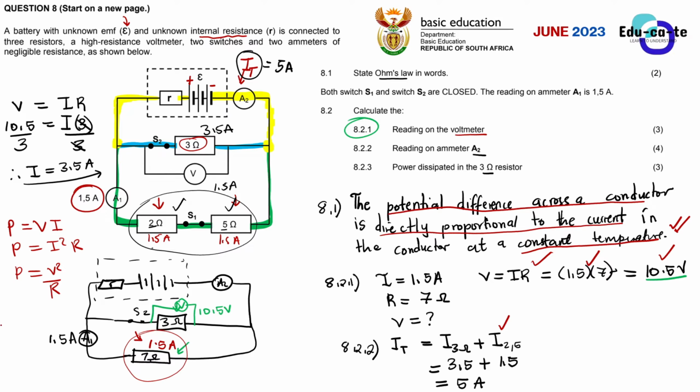In this case, it looks like we have everything about this 3 ohms resistor. We know its resistance is 3 ohms. We know its current is 3.5. We know its voltage. We calculated it at some point. I think we found 10.5. Yes, so you can use any combination of two things to find the power. In this case, for 8.2.3, I'm just going to say that the power is equal to the voltage multiplied by the current, for simplicity's sake.